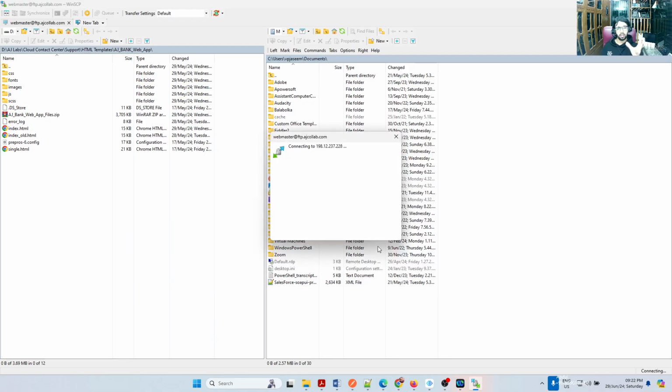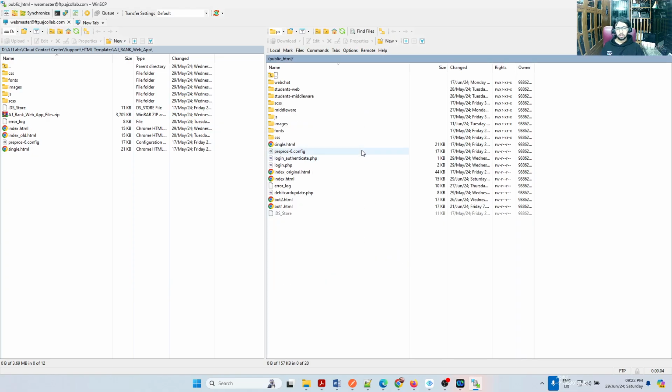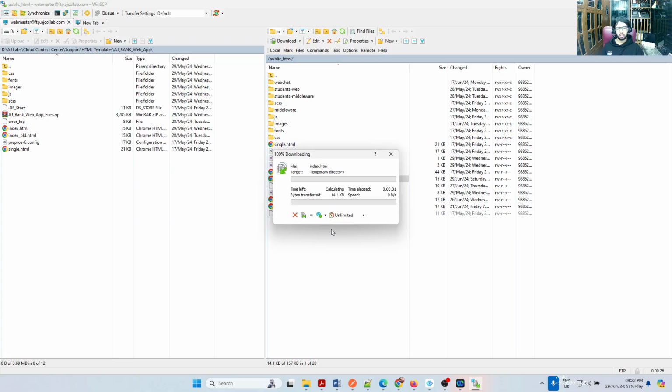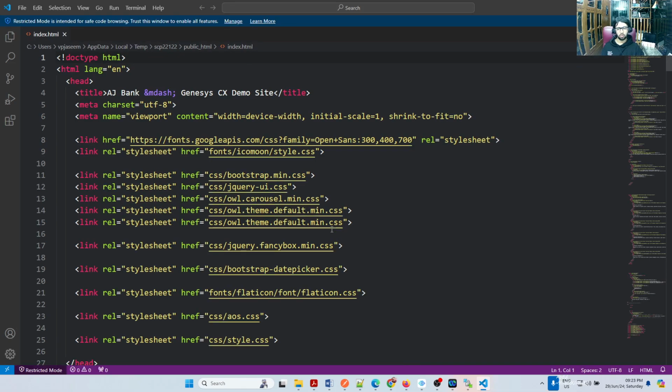This gives me my HTML files, what is actually configured there. When you go to the home page, as per HTML and web technology, the index.html is what is displayed. Whatever content is available in index.html is going to be displayed on the home page. So I will open the index.html file, and that file will open in Notepad or whatever editor you have. I have a VS Code editor here.